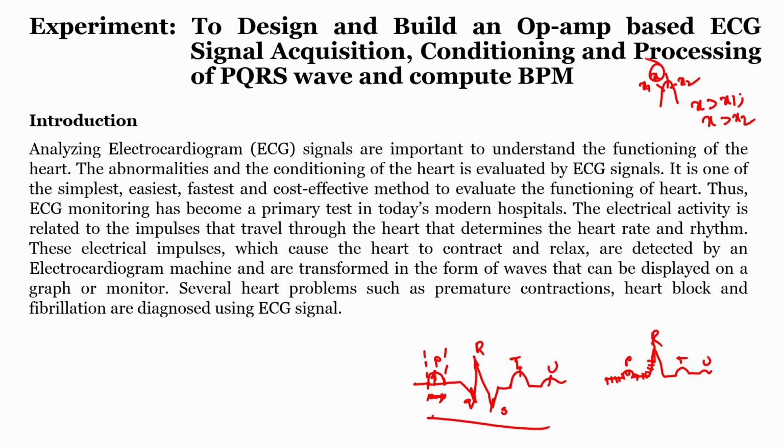If I write an algorithm for that, I can easily find out how many peaks I have in the ECG signal. In this case we have the P peak, the R peak, the T peak and one more, the U peak, but I may not require all the peaks, I require only the R peak. But how do I differentiate which is the P peak, which is the R peak, which is the T peak and which is the U peak? It is very hard to differentiate, but if I can pass only the R peak by neglecting the other peaks, and count how many R peaks I get with respect to 1 minute, I can easily calculate BPM.